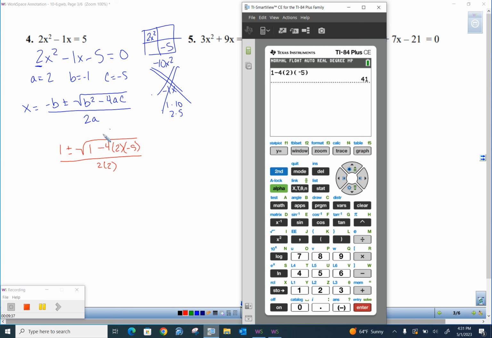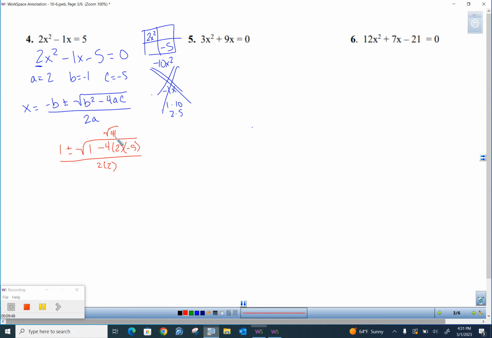We get 41. And we can do some rewriting. So at this point, we've got 1 plus or minus the square root of 41 all over 4. But we have to, at this stage,